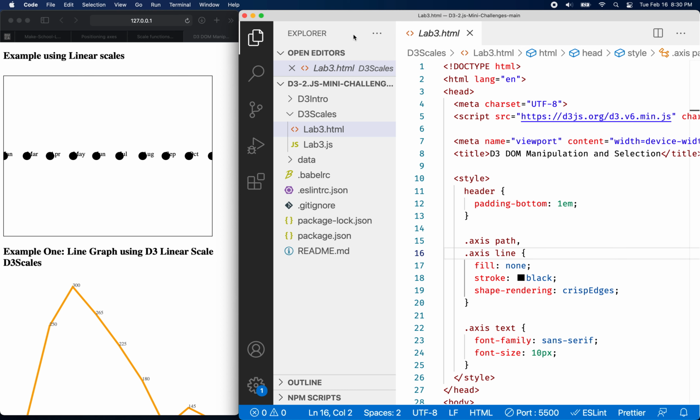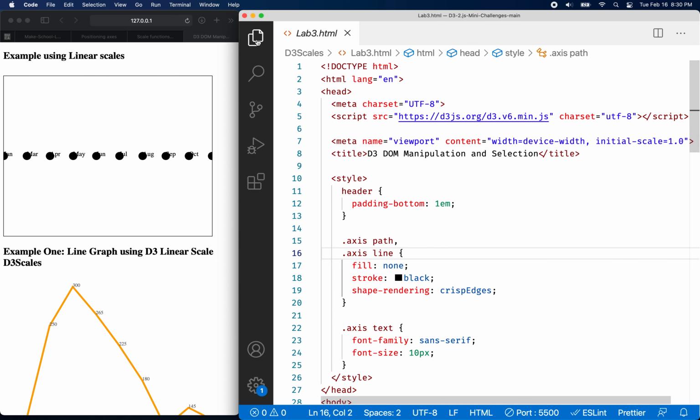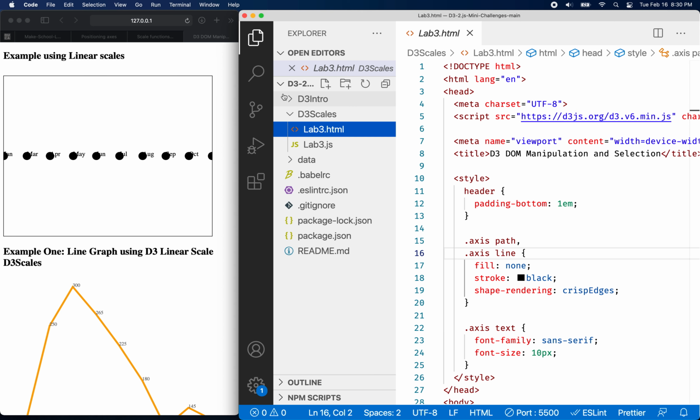Okay, so what is a scale? A scale is a way of normalizing values. Basically, a scale lets us convert a range of values that might be in dollars or radians or miles per hour or any range of numbers that your data might contain. The scale allows us to scale those numbers or normalize them to a range of something that we can show